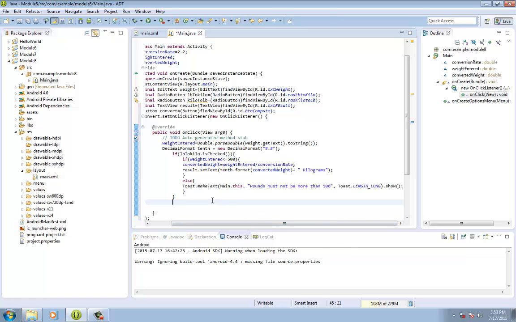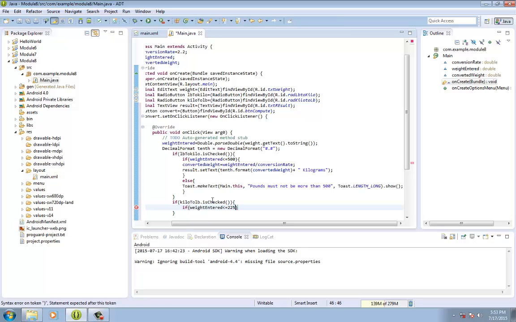After we are done coding for the first radio button, the next thing that we're going to do is to code for the second radio button. So type in if kiloToLb.isChecked, then open curly brace, type in if weightEntered is less than or equal to 225, type in convertedWeight equals weightEntered times, or asterisk, conversion rate rather,